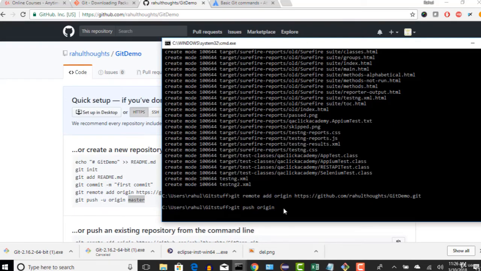Okay, so now here we are saying push the code to the origin, which is this. So when you say origin, now it's automatically this one. We registered our origin to this link, right? So from the next command you need not give this every time. Just give origin, so that git will automatically know what origin is by looking at this command.